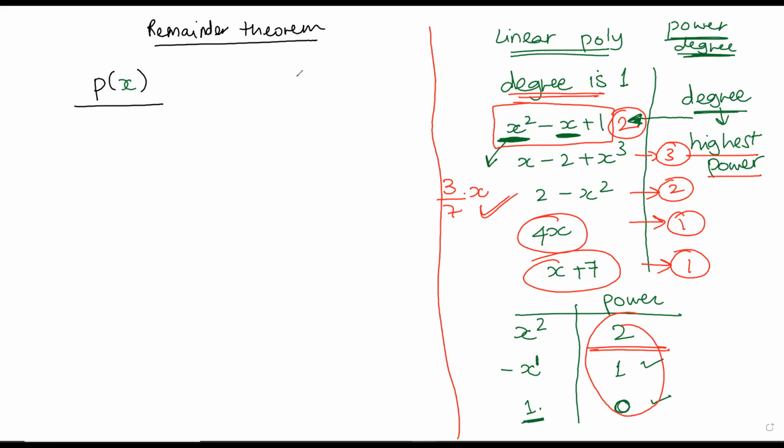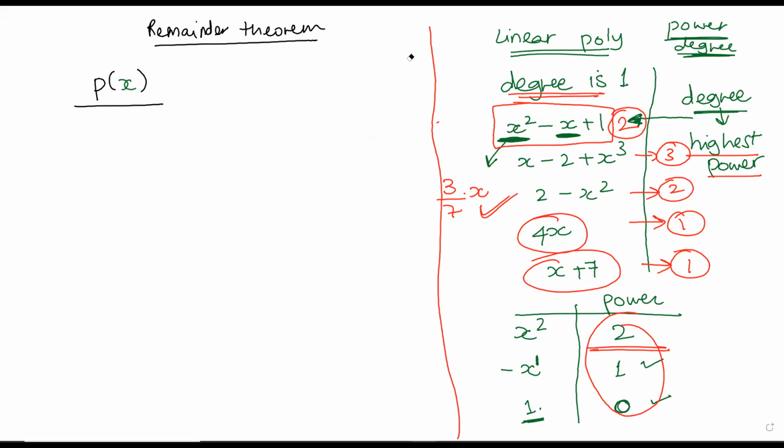So our remainder theorem says that if you have a polynomial, we can call it anything, it can be any polynomial. It can have degree 4. When I say it has degree 4, it means it can be something like x to the power 4 minus 4x cubed, something like that, right? So it can be degree 4, degree 5, or any degree polynomial at all.